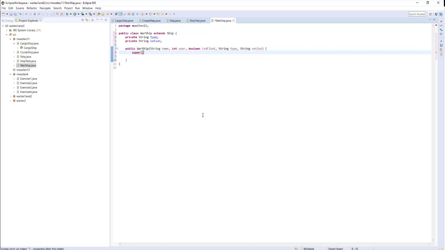And then we're going to call the super constructor with the name, year, and afloat. And let's go ahead and set up and establish our private variables from what we just got passed in. There we go. Now, with that said, we only have one method that we need to make in this,